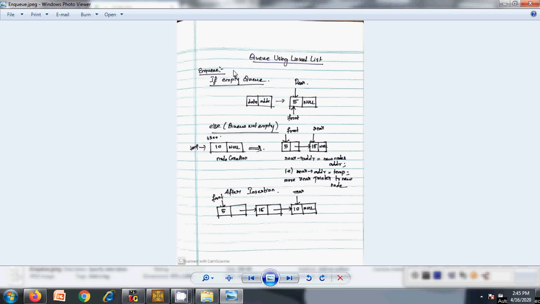Here I am going to explain only the two major operations of queue: enqueue and dequeue.